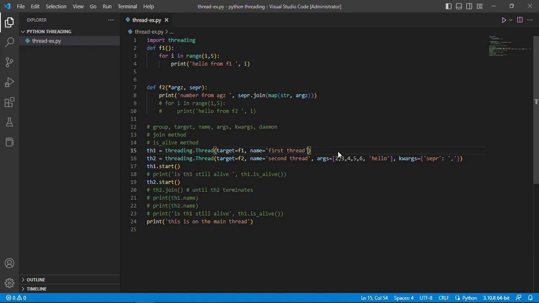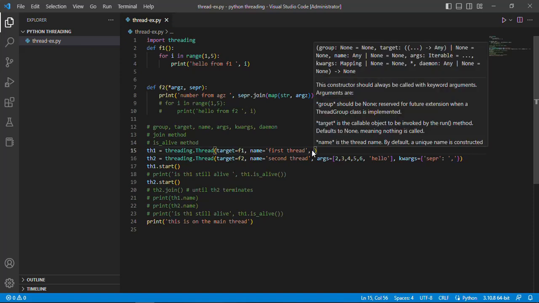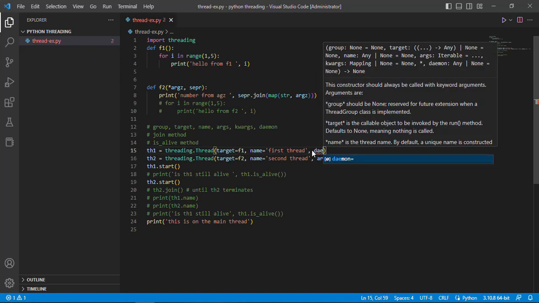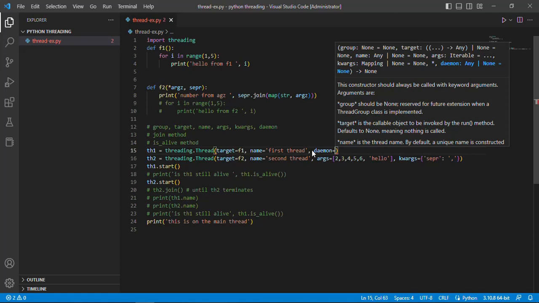It's not going to close the files normally, and also it's not going to close the database connection normally, and do related stuff like that. So it is advisable not to set threads as daemon. But if for any reason you want to set a thread as daemon, you can just do daemon, and which is going to be,